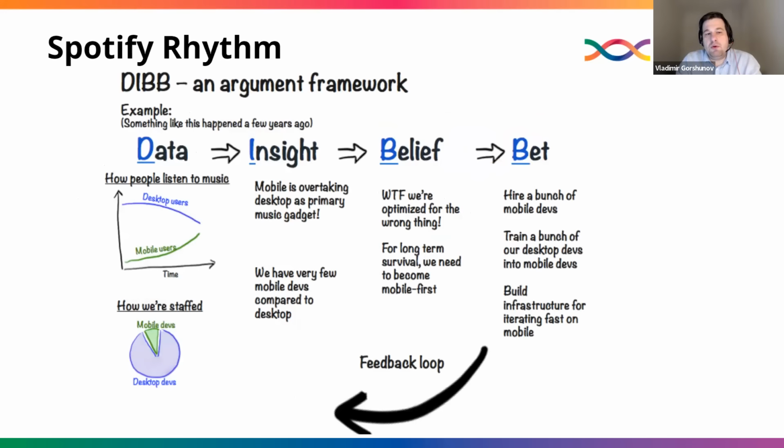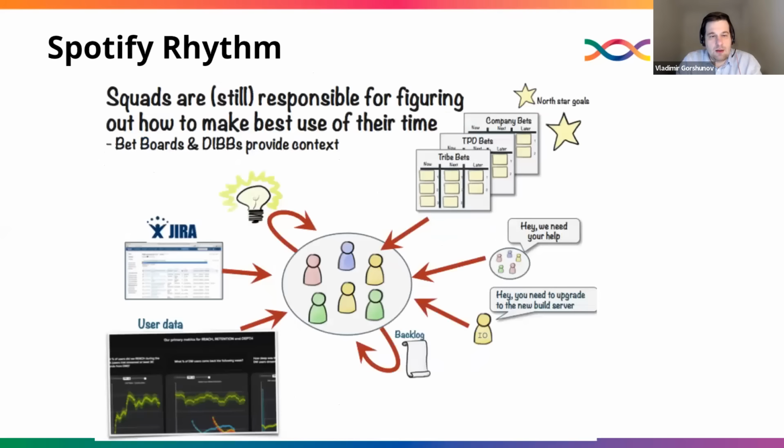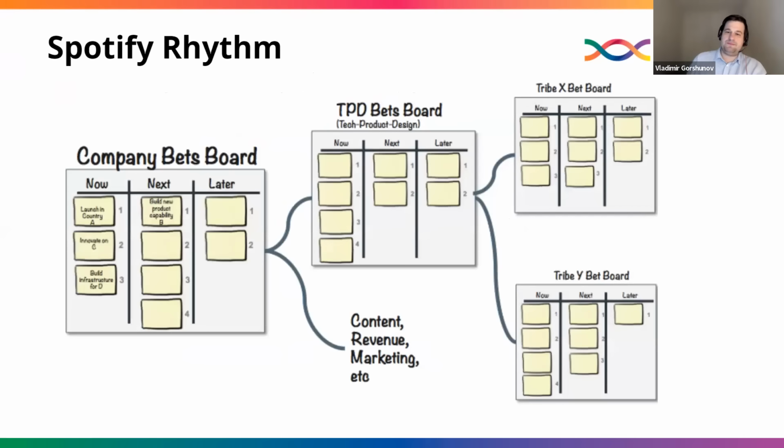Also, Spotify is promoting a data-driven framework, just to mention. So it's not out of the blue. All our beliefs and bets should be data-driven. It's all connected into the systems. So you have a tracking system. It's also kind of natural. Next one is interesting. Basically, why I'm saying that it's really a mix and match between the OKR framework and the enterprise Kanban system, is because